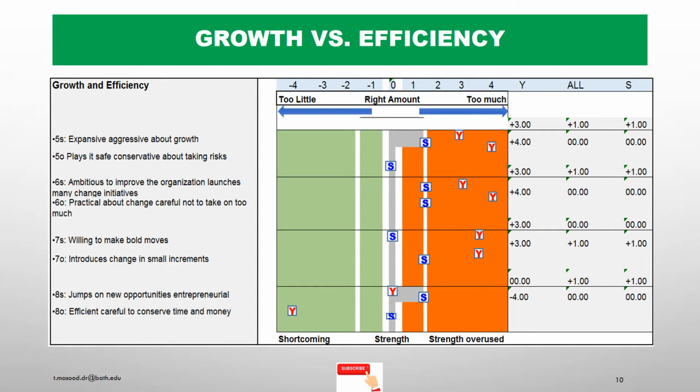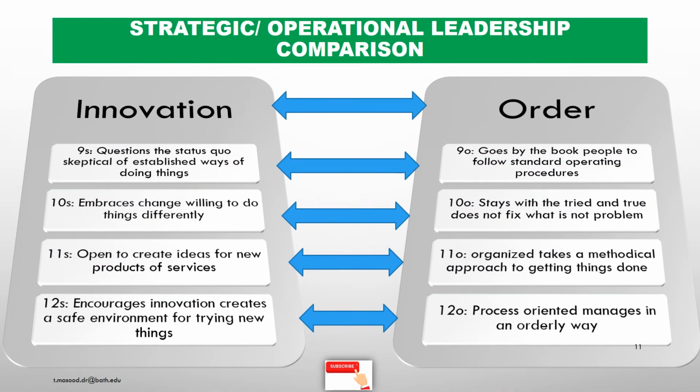Okay, now I'm going to discuss layer number 3. Innovation versus order. Innovation, instances 9S, 10S, 11S, 12S, against 9O, 10O, 11O, 12O. So innovation is the strategic leadership style and order is the operational leadership style. Now I'm going to simulate again these 4 instances against 4 orders. So in my next slide here,